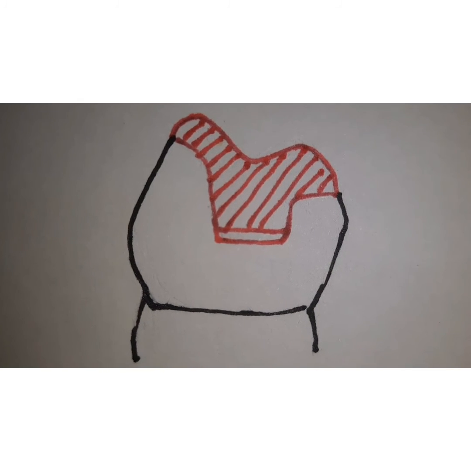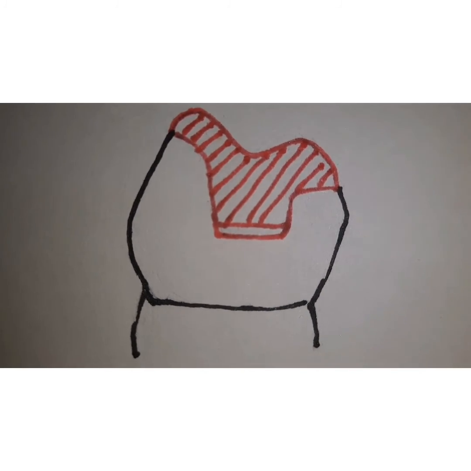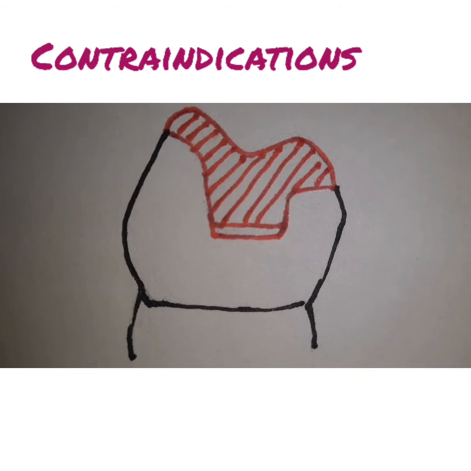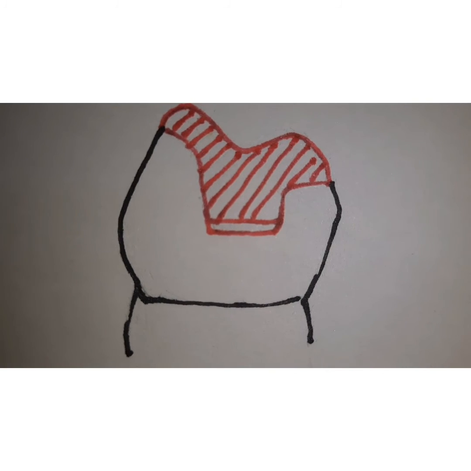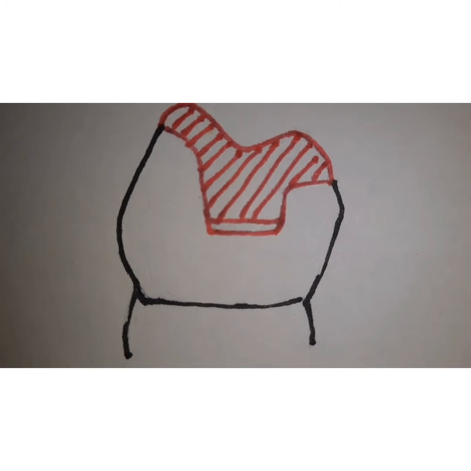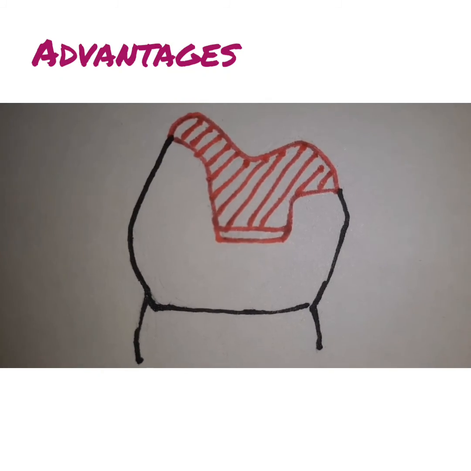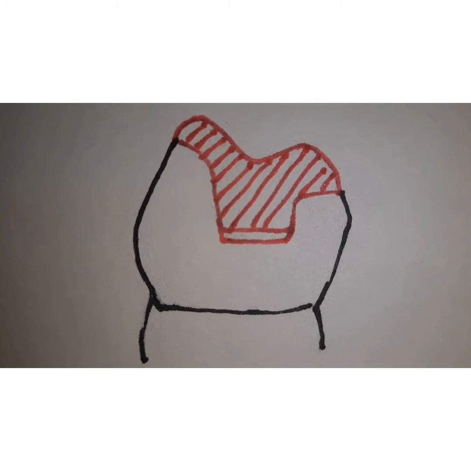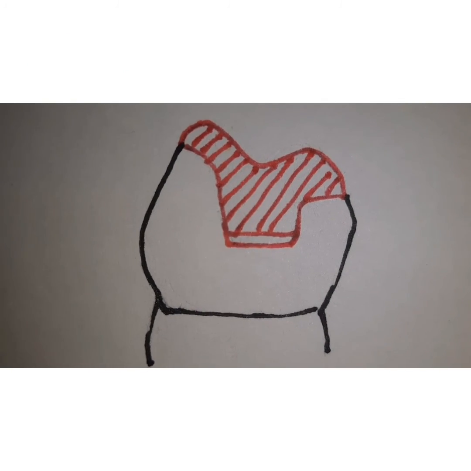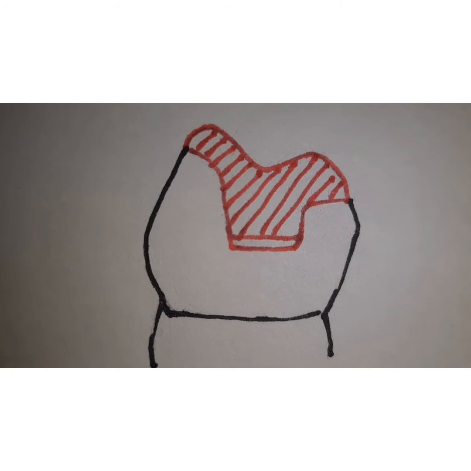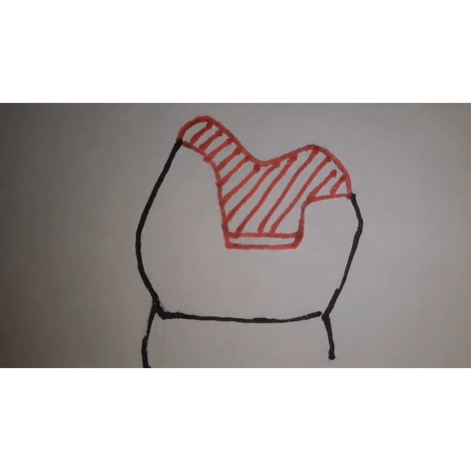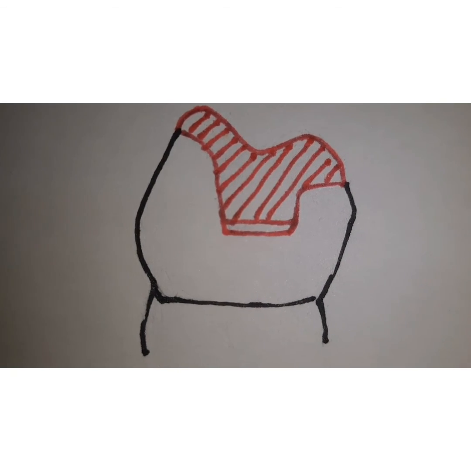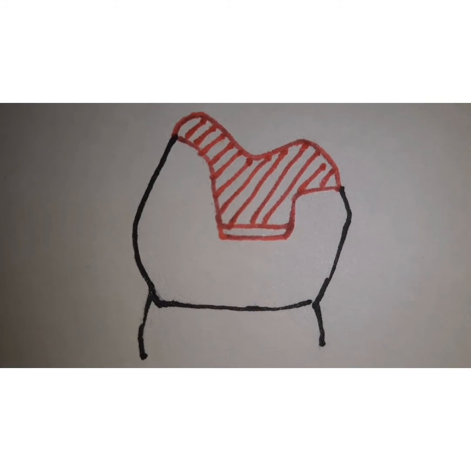These are also indicated where you have a low caries index. The contraindications are where the patient has a high caries index, where the patient cannot maintain good hygiene, and where you have short clinical crowns. The advantage of this type of restoration is that it provides support for the cusp, definitely, because it is bonding and covering the cusp. It has higher strength and greater longevity in comparison to an amalgam or a composite restoration.